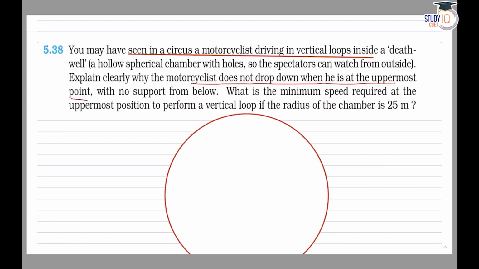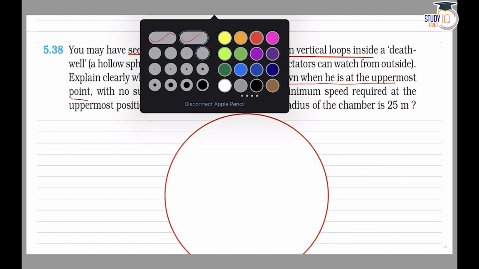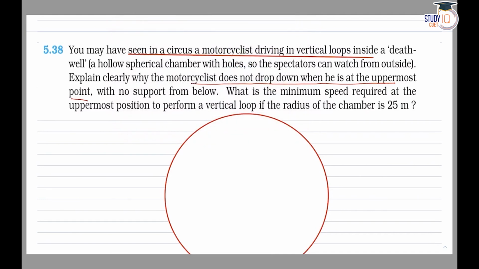So how is this possible? By drawing the FBD, we can say that when the person is at the top point, the forces acting on the person are the normal force due to the surface and mg. Both will act in the downward direction, normal and mg. If this is the center and the particle is moving in a circle with speed v,